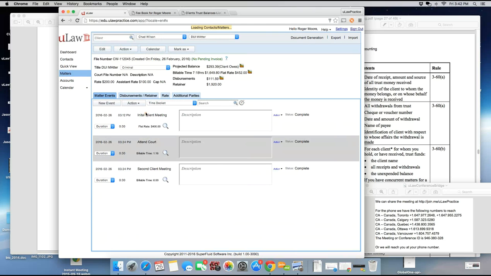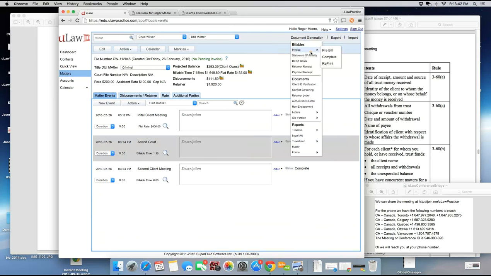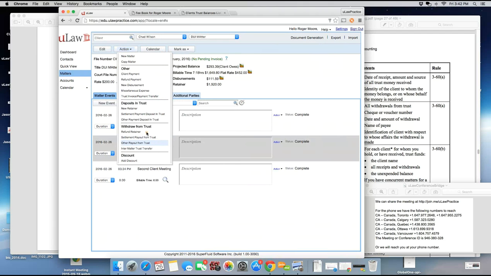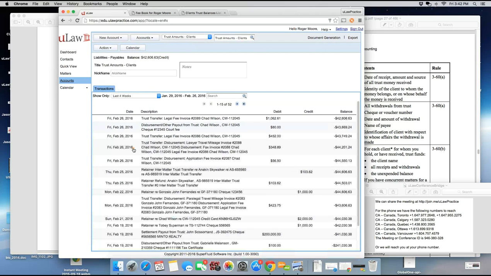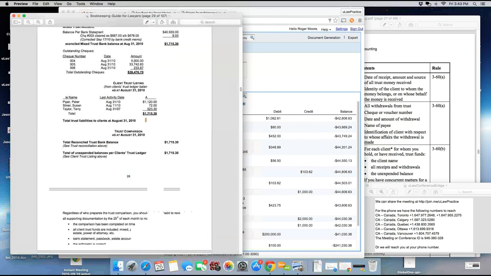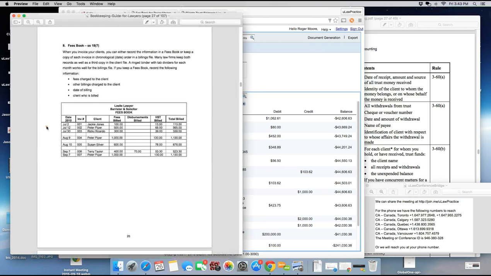Whether it was putting in the dockets, raising the invoices, calculating pre-bill activities, doing trust transfers, putting things into trust, or managing things out of trust, all my analytics, everything was done right in the matter screen, which is what you're used to doing as a legal professional. And when you do that, the software translated that into very powerful accounts, which you didn't have to ledger. There was no button here to say action, add ledger. You didn't have to do all that stuff to produce all these requirements that the law society is asking